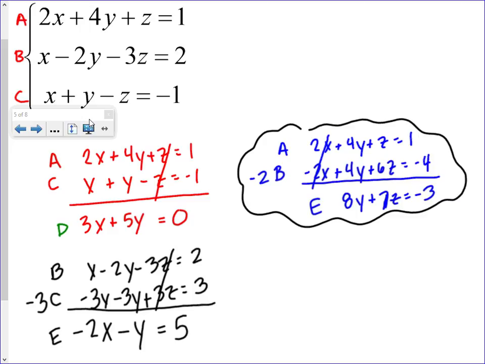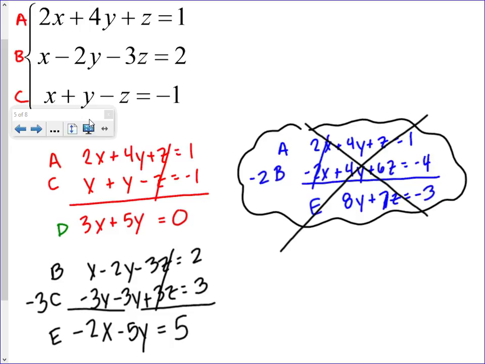This is Hannah's work, which is okay work. It's just she has to solve it differently. What did I do wrong? Wouldn't it be -5y? Yes, it would be -5y. Thank you. Hannah's work is okay. I'm going to cross it off only because it belongs to a different solution, right? Where if I was going to solve with Hannah's method, I'd have to choose two more equations and eliminate X